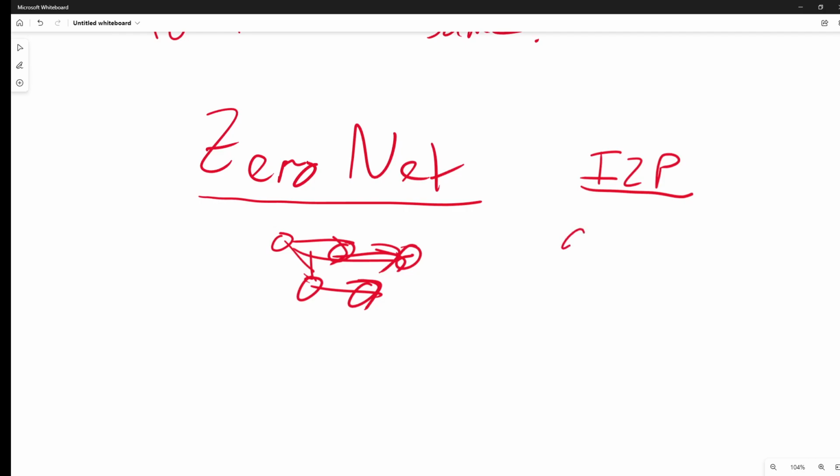I2P also remains anonymous, completely anonymous. So nobody can find out who you are. And as a result, I2P has become, unfortunately, a very popular service for cyber criminals. It's also used to circumvent government censorship.